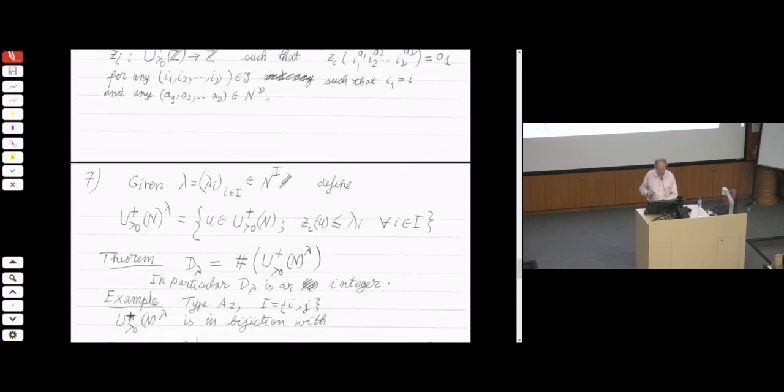Okay, so now I will try to explain how this Weyl dimension formula can be interpreted in terms of this semifield, semigroup. So assume that you have a lambda which is a function from the vertices of our diagram to natural numbers, and then you can take, we have defined.